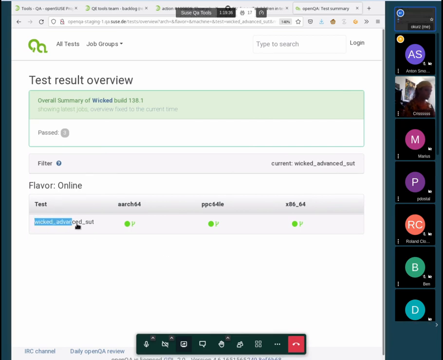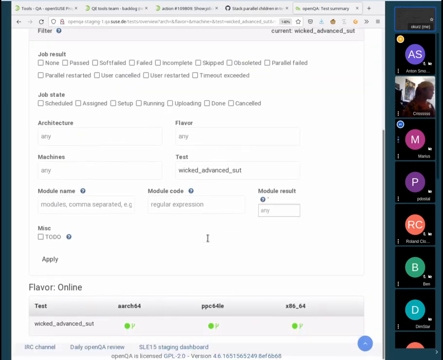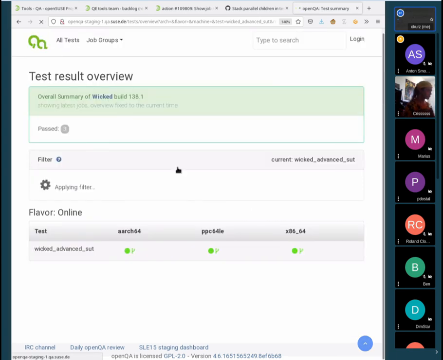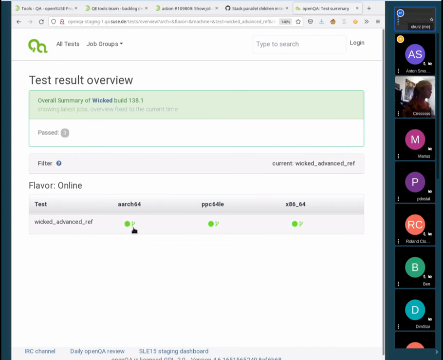Maybe that was the child, but basically the same result. If I just look for ref, I see that there is a child and that it passed, even if it doesn't show up here. So the information is present.